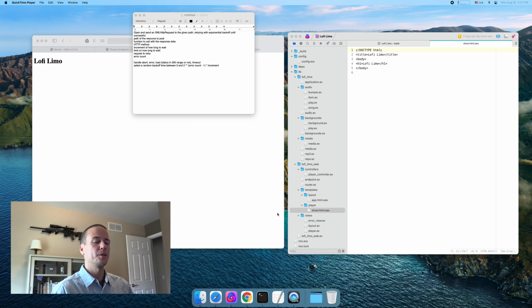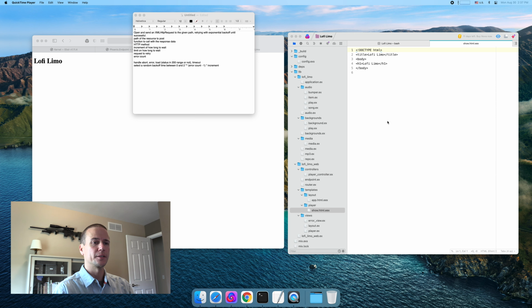And last time we added some convenient stuff for doing Phoenix development to the project, and we stubbed out the player, or the front end, that will actually play the stream in a web browser. So this time I thought we'd dive into starting to build out that front end, and in particular I thought a good place to start would be